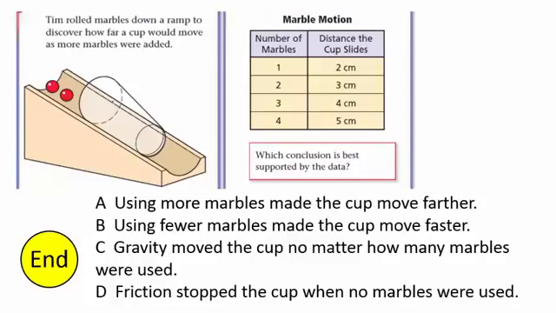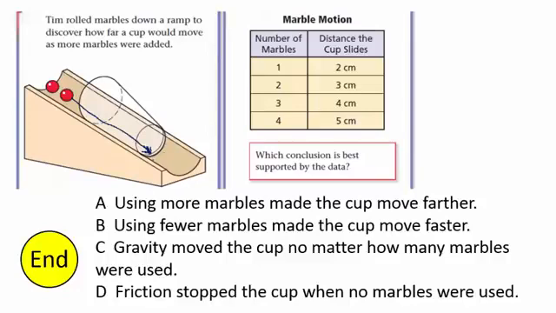Alright, so we have a scenario here. Tim rolled marbles down a ramp to discover how far the cup would move as the marbles were added. So in other words, if you were to roll a marble down this ramp and it eventually hits the bottom of this cup,